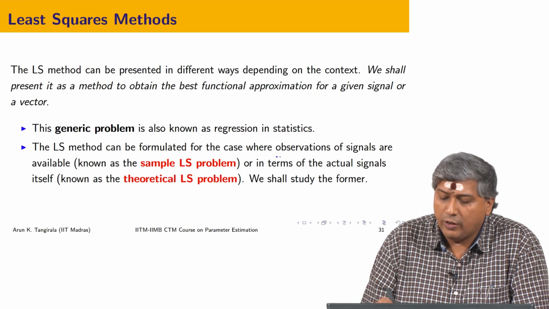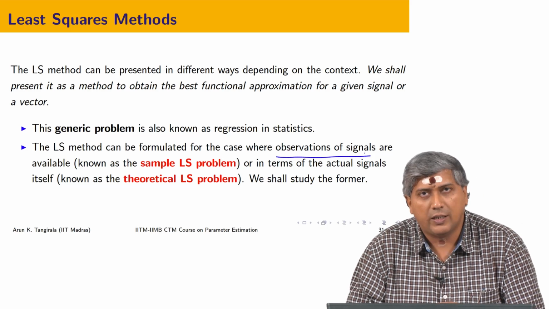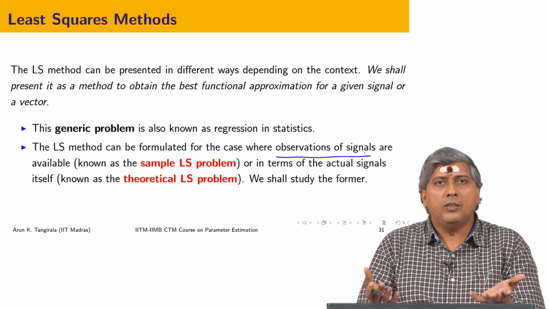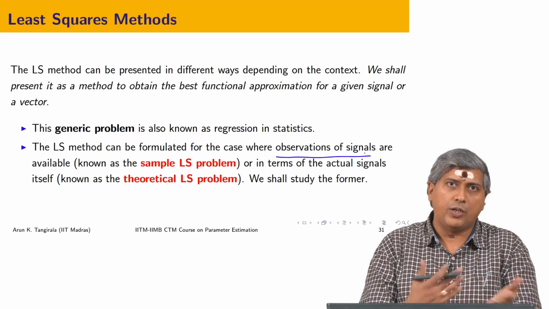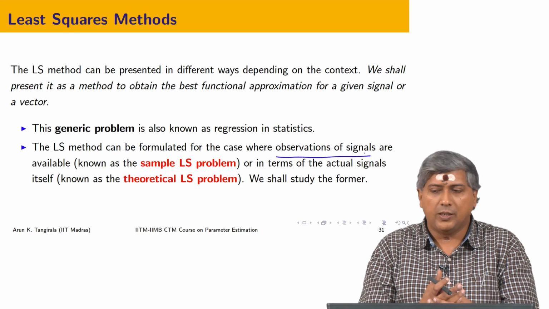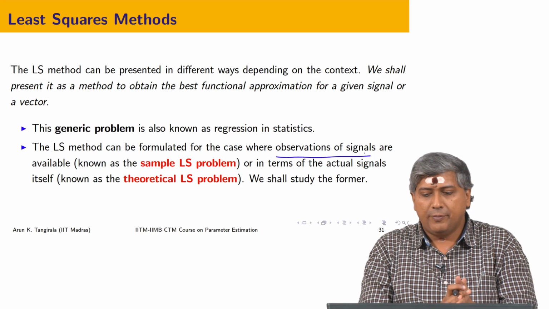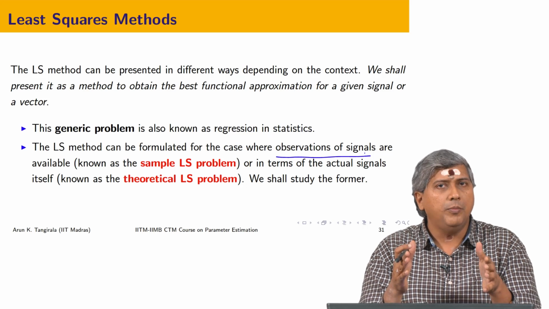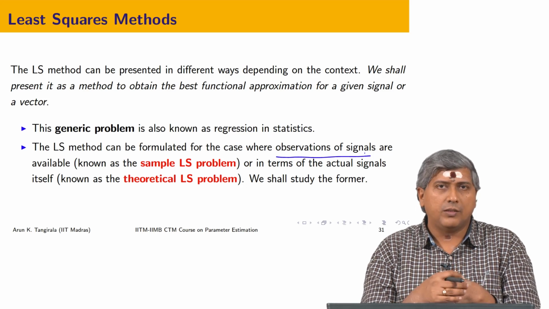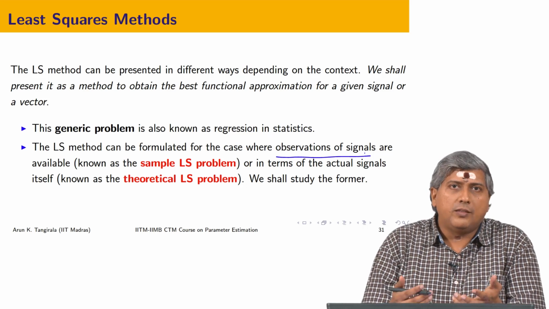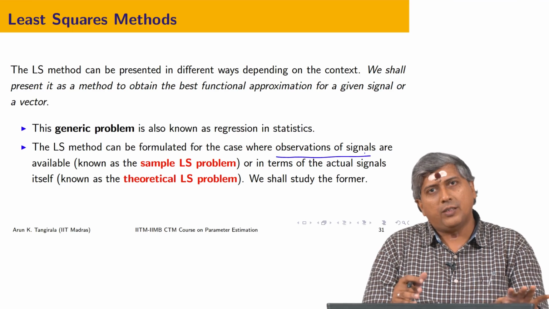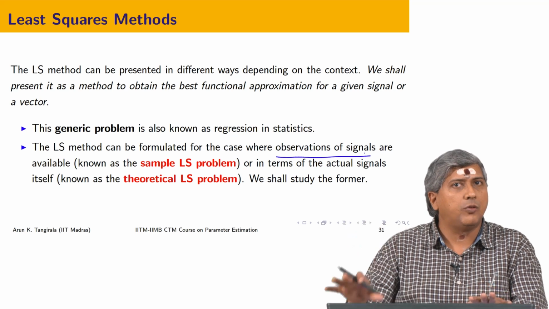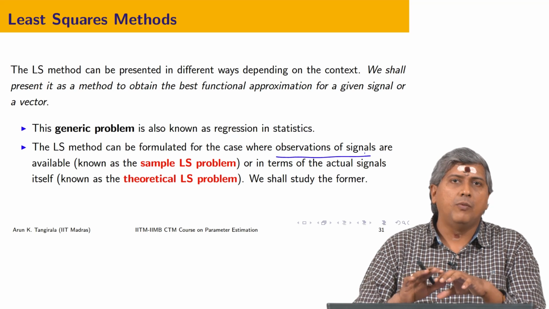One where you are directly formulating on the observations of the signal, that is, you have n observations of a signal, or you can say n observations of a random variable, depending on whether you are approaching from a signal processing or functional approximation viewpoint or a statistics viewpoint. Essentially you have n observations of some variable or a signal, and you can directly formulate the problem in terms of those n observations. Or if you are a statistician, you leave aside the observations and you talk of approximating one random variable using another set of random variables without worrying about observation.